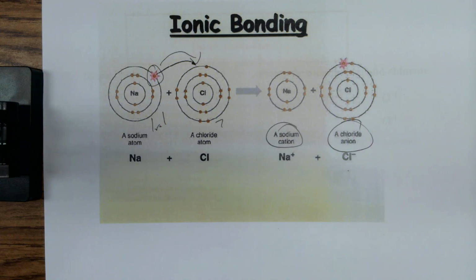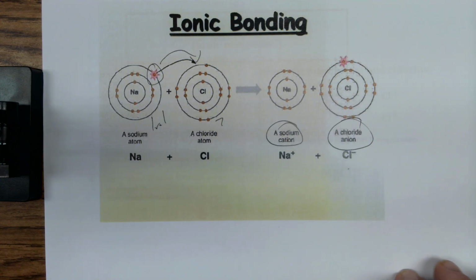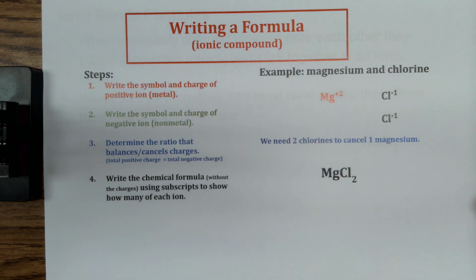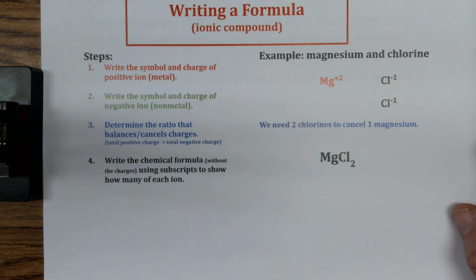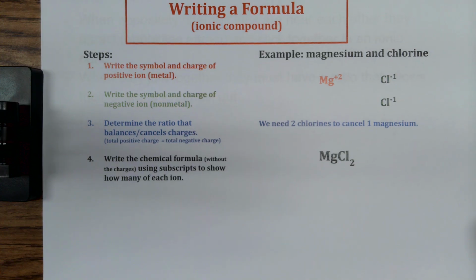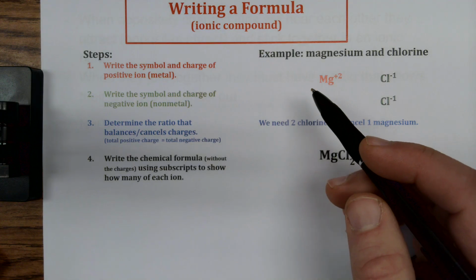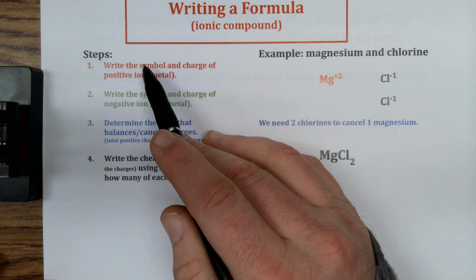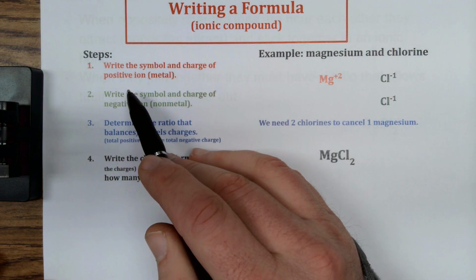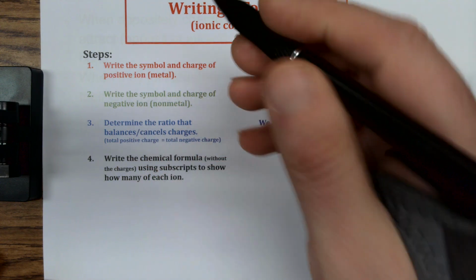Now, here's the thing. Just because we could see that, we can name the cation, we can name the anion, we need to know how to write these things. And that's what we're going to look at on the next one. Writing a formula for ionic compounds. There's 4 steps that we're going to work through. I have my example here of magnesium and chlorine. But the first move is to write the symbol and charge of the metal, the positive ion, also known as